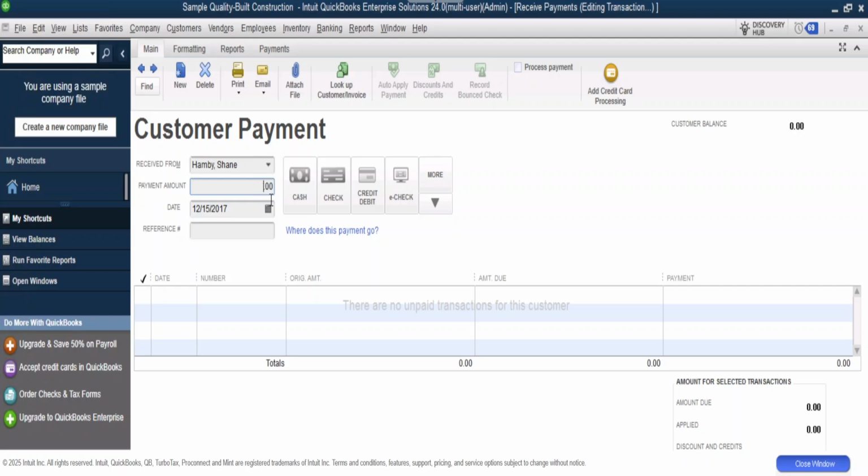So let's say, for example, 5,500. We'll do that as the number. So that's the number that they're paying. You can choose the date. And what this will do,